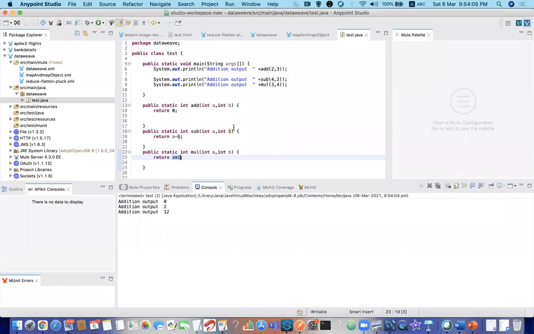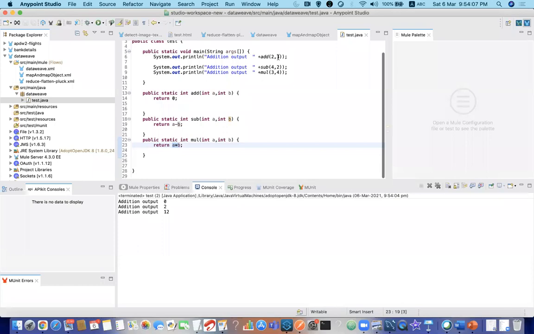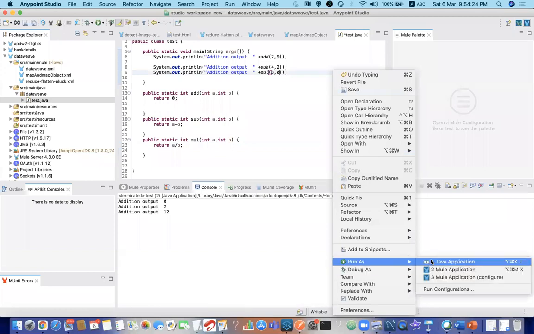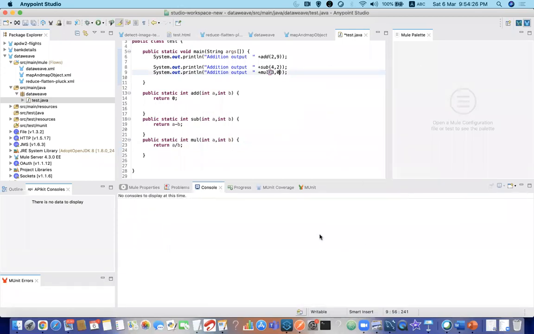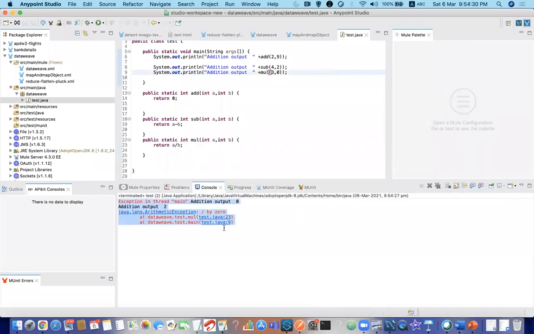If there is anything wrong, for example, 2 divided by 0, it will give an error. It is saying that divided by 0 is not allowed.